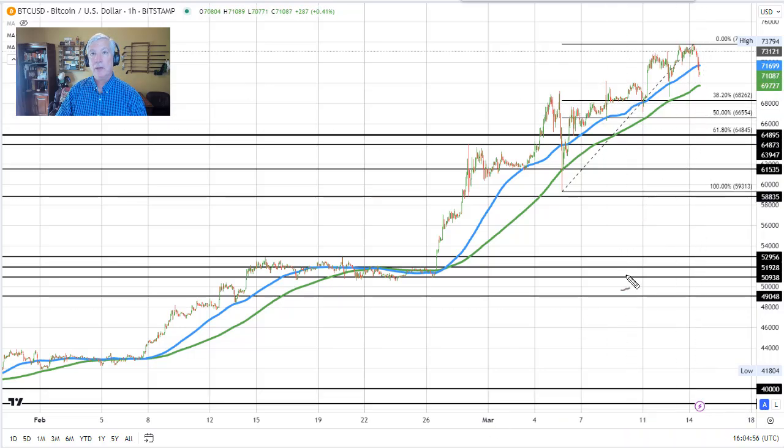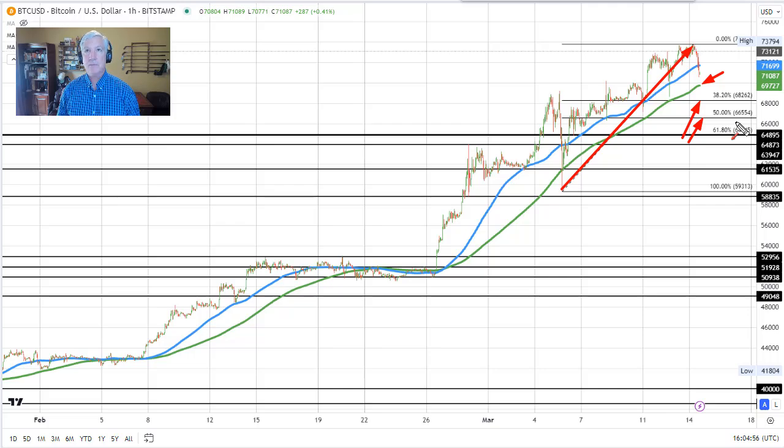That would have traders looking toward the 38.2% retracement of this last move to the upside, which takes the price down to the 68,262 level. And if we break below that level, then we'd start to look toward the 50% retracement at $66,554. Of course, also in play is the $69,000 level. That was the old high price going back to 2021. So the progression goes 69,727, 69,000, 68,262, 66,554. Those would be the levels that have to be gotten to and through to increase the bearish bias in Bitcoin.